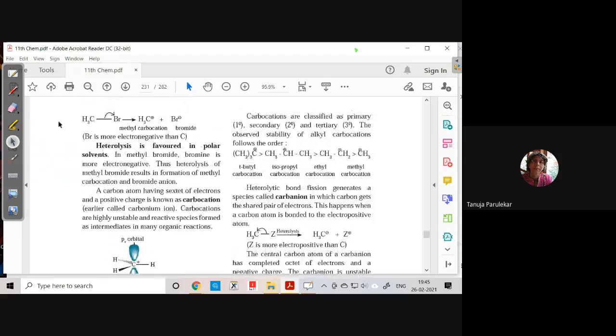Carbocations are classified again here. Anything related to carbon, you can see that whenever it is again primary, secondary and tertiary. The observed stability of alkyl carbocation is, again you can see that the tertiary carbocation is more stable than the secondary. The secondary is more stable than the primary, and primary more stable than the methyl carbocation. Just like your free radical, even they also have this kind of stability, that is tertiary more stable than. Now